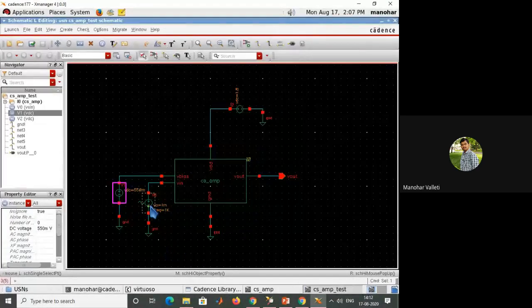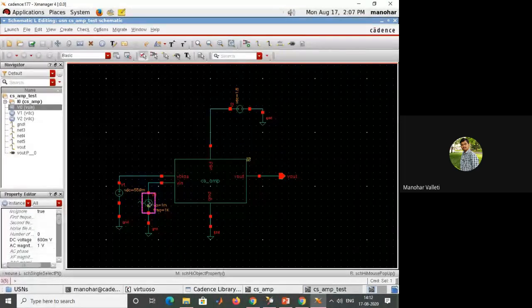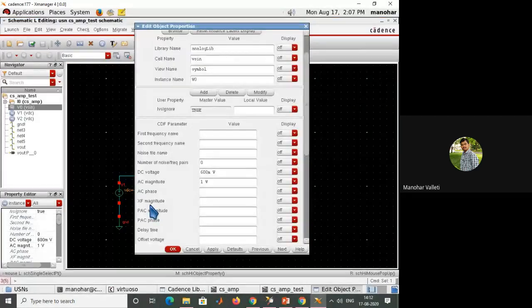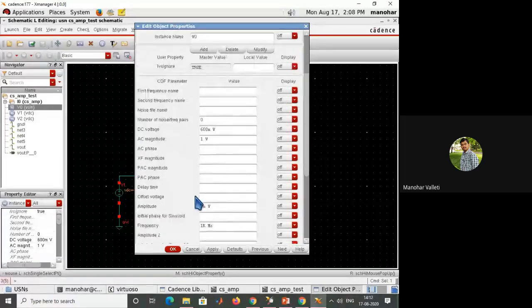Okay, and the sinusoidal source. The DC voltage is 600 millivolts to properly bias the NMOS, and the AC signal applied is this setting. AC magnitude will be helpful for AC analysis. If this is not given, you won't get any AC analysis of your amplifier.